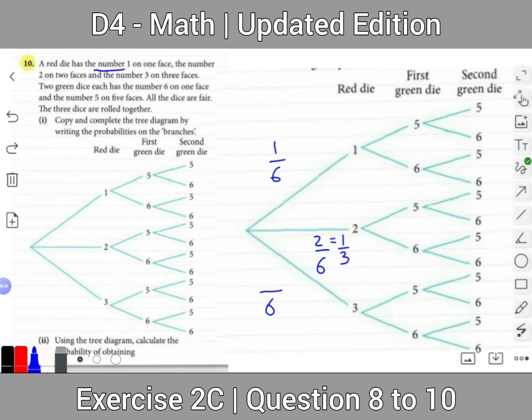Now for the number 3, the number 3 appears on 3 faces, so the number of favorable outcomes is 3, and the probability is 3 over 6, which equals 1 over 2. So the probability that the number 3 comes on the red die is 1 over 2. Now in the case of the first green die,